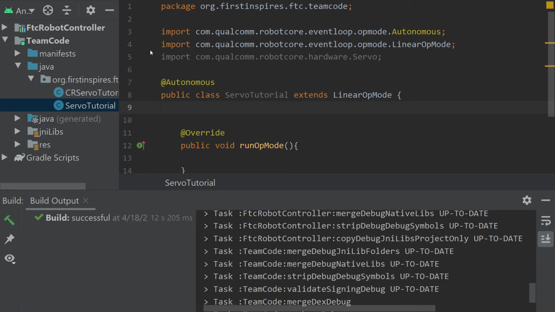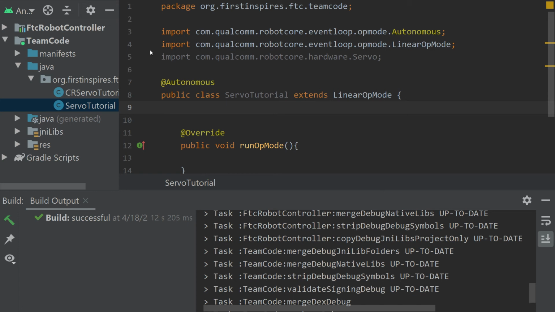And in today's video, we are going to talk about servos and continuous rotation servos, or CR servos. Now this tutorial is not going to deal with the PWM for a servo. That's going to be a separate tutorial, and that's later on. Right now we're just going to focus on the basic servo class that we can use. So it's going to seem pretty simple compared to a DC motor, but we'll still go through all the motions